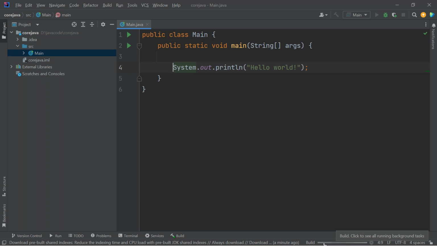So what is this building and compiling? I wrote code here, right? This code has to be changed into a format. I told you, this file has an extension of .java. This has to be converted to a .class file. Then the .class file should be converted to machine code, zeros and ones, and everything will happen in the back. This is